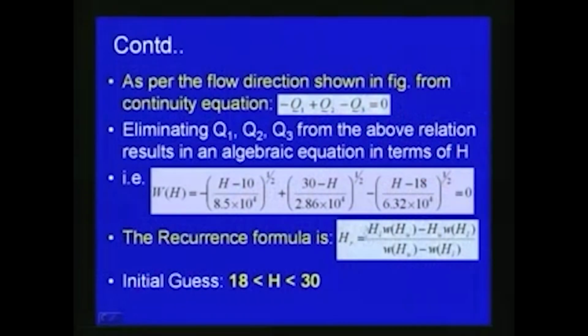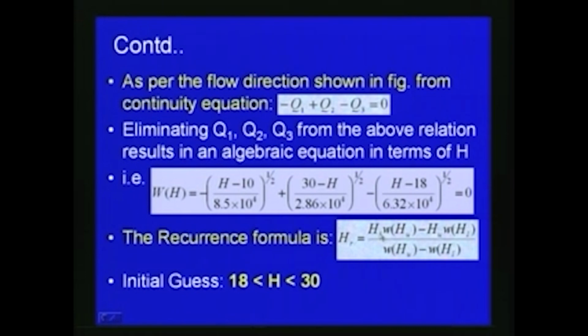So, to get H, we will assume certain values, an upper limit and a lower limit, and then we will write a recurrence formula, and then we will check whether we reach the tolerance limit which we set. So, here is the recurrence formula. If you want to find out the head between an upper limit and lower limit, the recurrence formula is